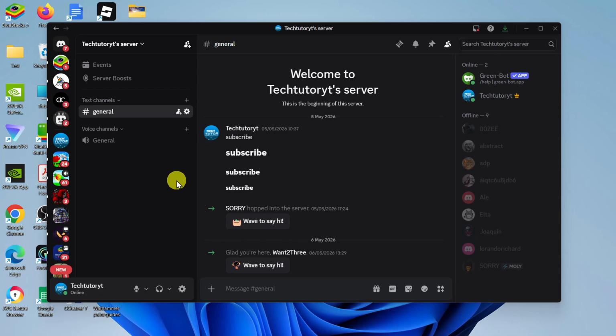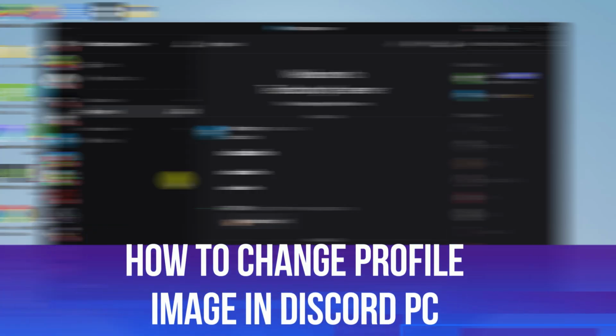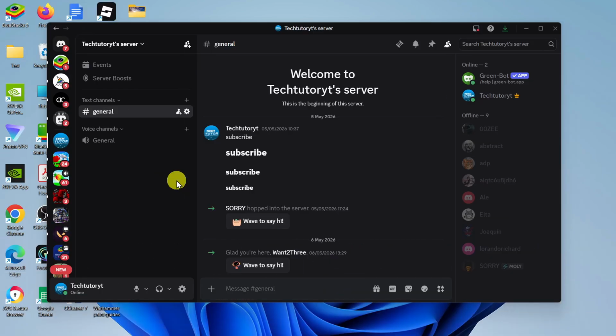In this video, I will show you how to change your profile image in Discord on your PC. Now, to get started, what you want to do is open up Discord and log into your account. You can see my profile image is currently set to my channel logo, but if you want to change this,